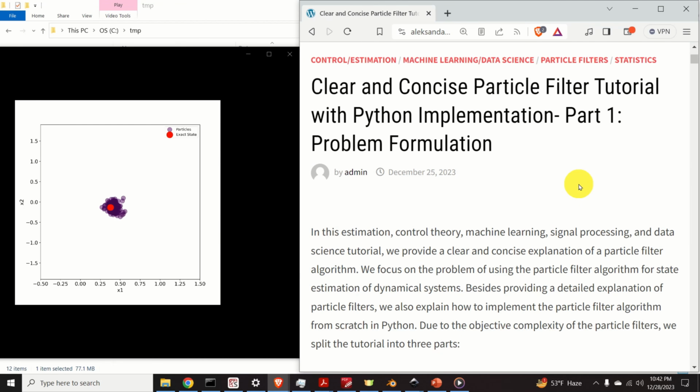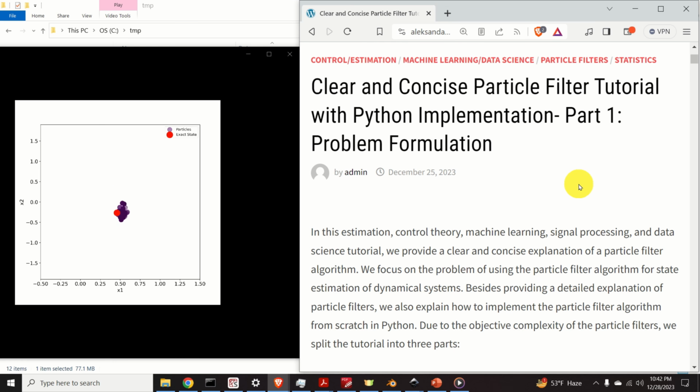Hello everyone, in this estimation, control theory, signal processing and data science tutorial, we provide a clear and concise explanation of a particle filter algorithm. We focus on the problem of using the particle filter algorithm for state estimation of dynamical systems. Besides providing a detailed explanation of particle filters, we also explain how to implement the particle filter algorithm from scratch